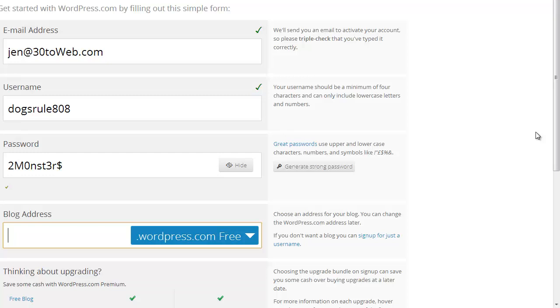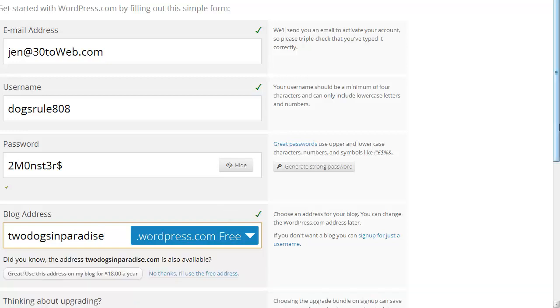And for our blog address, I'm going to say 2 dogs in paradise. So I'm going to make a website about my 2 Shih Tzus. And something to note here in the blog address. So this is going to be where you will find your website or your blog. The name that you enter here,